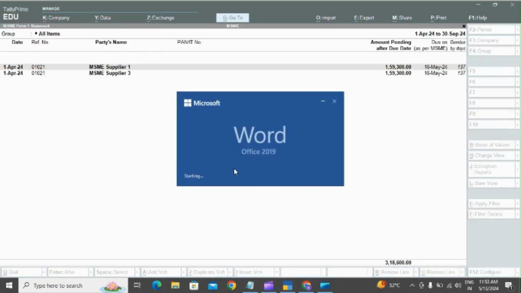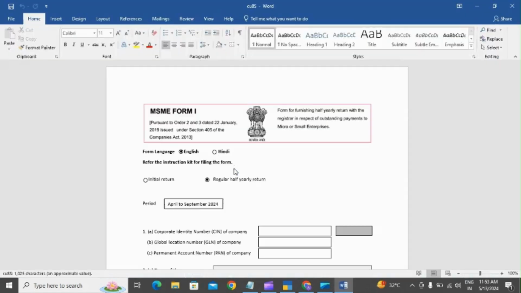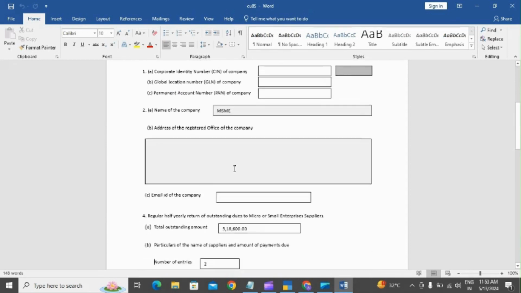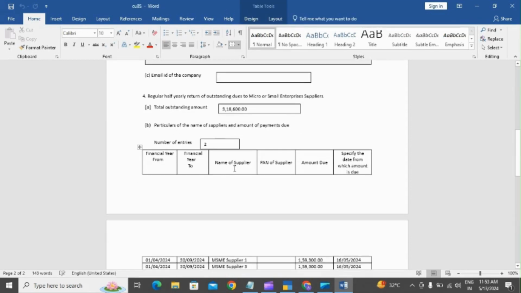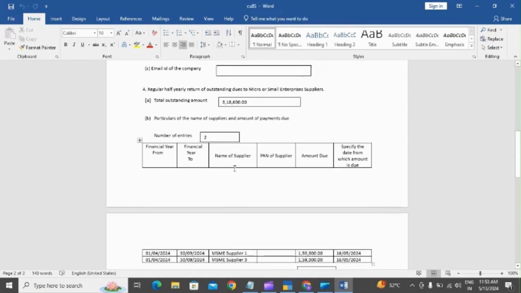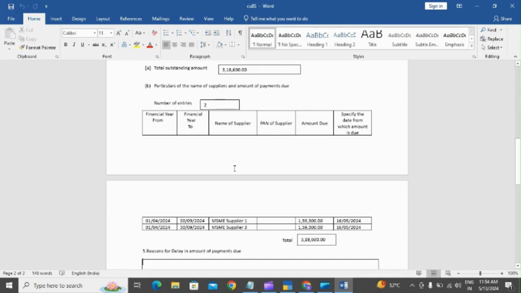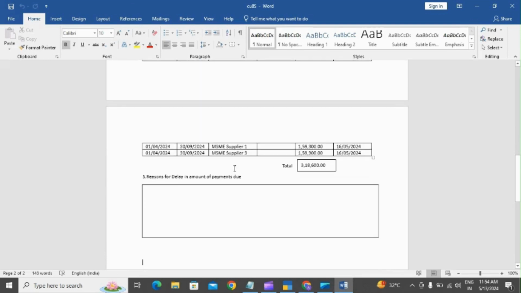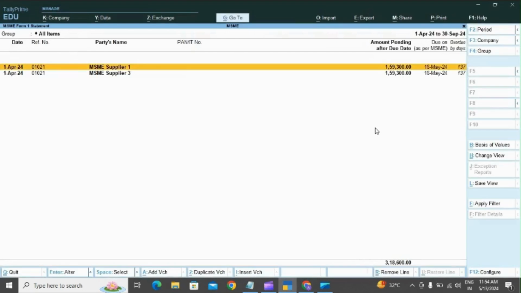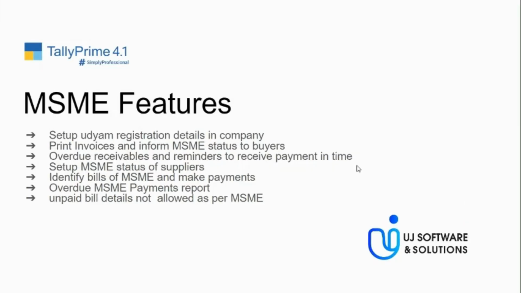Like if you click on this, this preview will appear. The expenses which you have booked and not yet paid late will not be allowed, and this is the report which you would be filing in. So Tally has provided options wherein you can set up the